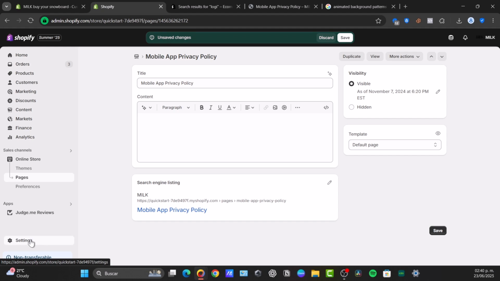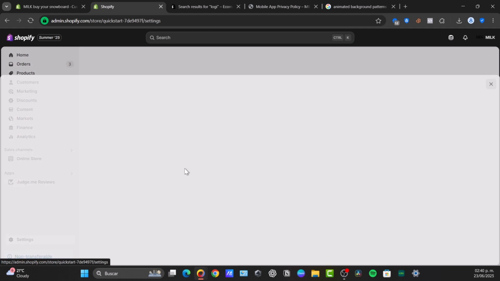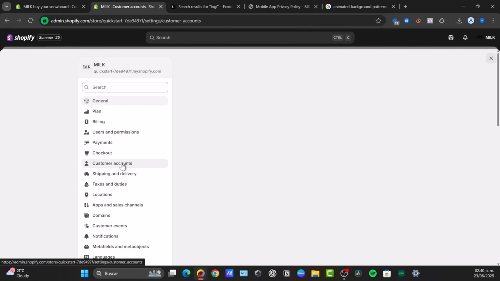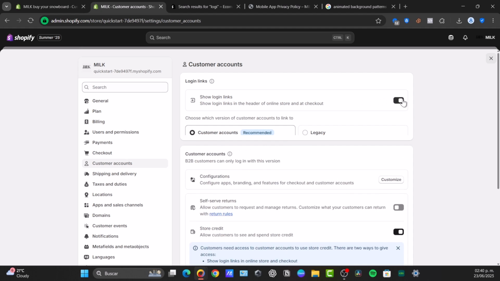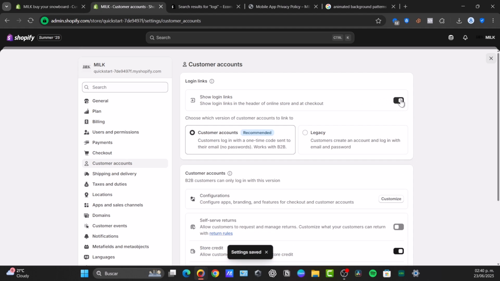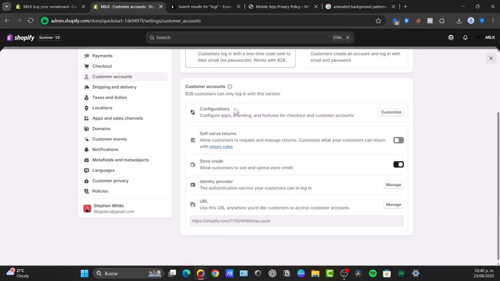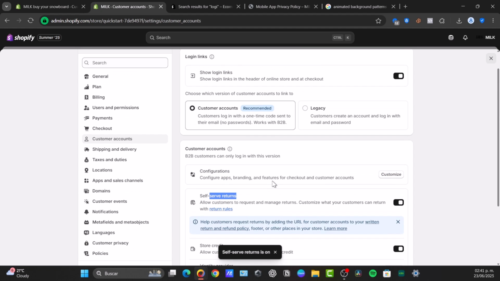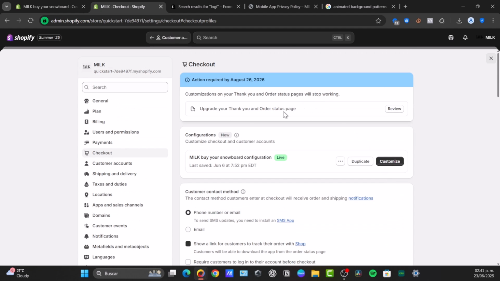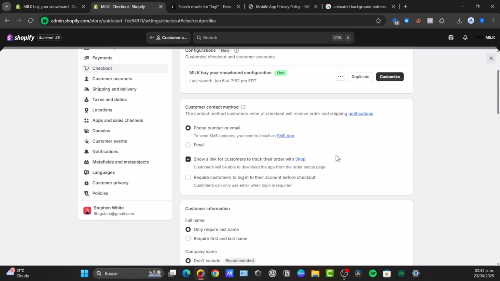Something else you can do is go to the option that says settings. In the settings, you can go to the option that says customer account, and make sure you have the element that says show login links. When you enable show login links, go to the option that says customer accounts. This will automatically help with store credits, self-serve returns, and identify the provider and even the URL. Then I'm going to hit customize, so I can start customizing the configurations of the sign-in method,